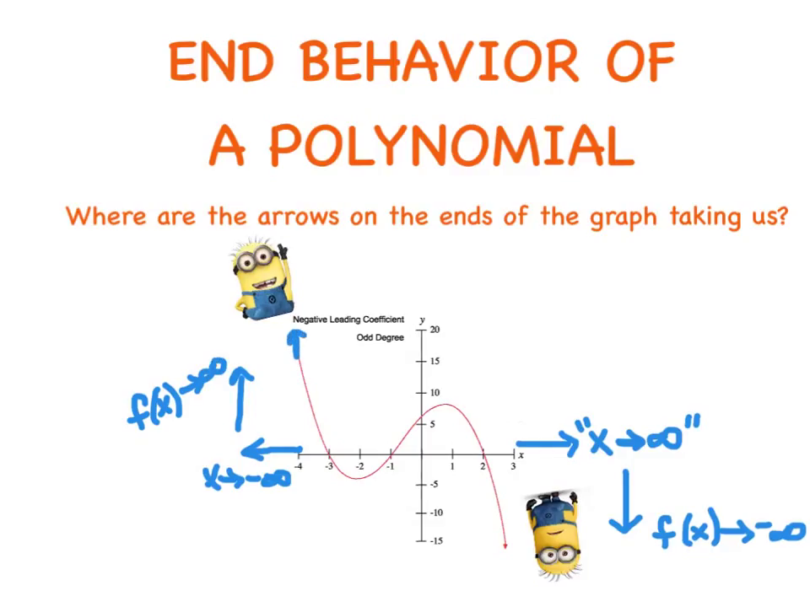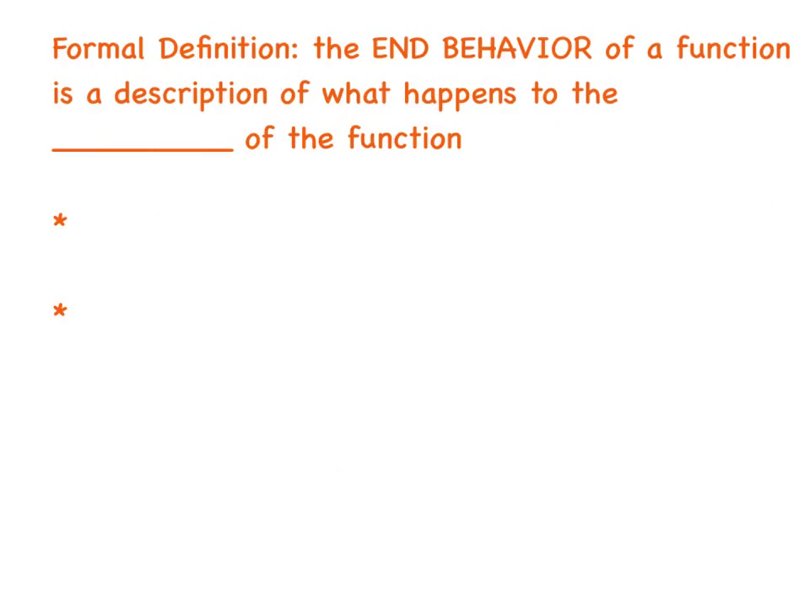On the last slide, I kind of called that my informal definition, where we asked ourselves, where are the arrows on the ends of the graph taking us? Well, on this slide, we're going to cover what I call a more formal definition, and we're going to say that the end behavior of a function is a description of what happens to the values of a function. Sometimes when I say values, I'm referring to the y-coordinates of the function,